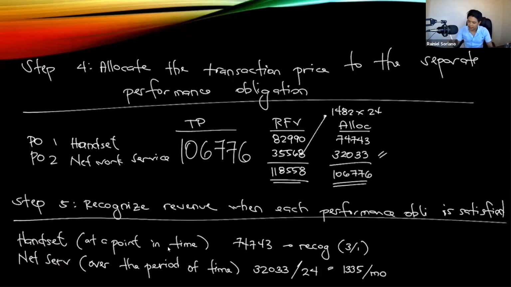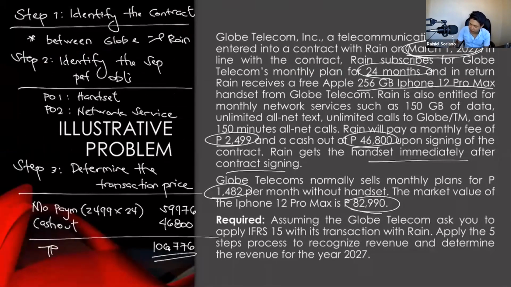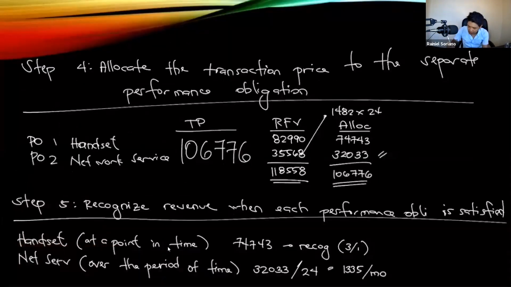Okay? Ngayon, ang tinatanong dito, magkano daw yung revenue for the year 2027? So if March 1, 2027 tayo nag-start, right, 10 months na yung lumipas for the year 2027. So 10 months na tayo nakapag-recognize ng revenue. So I will multiply this by 10. Okay? So 1,335 times 10 is actually equal to 13,350. So as you can see, kapag at a point in time, recognize immediately, all at once. Pero kapag over the period of time, ina-allocate natin yan over the period of time. And apparently now, situate na 13,350 lang ang recognized revenue.